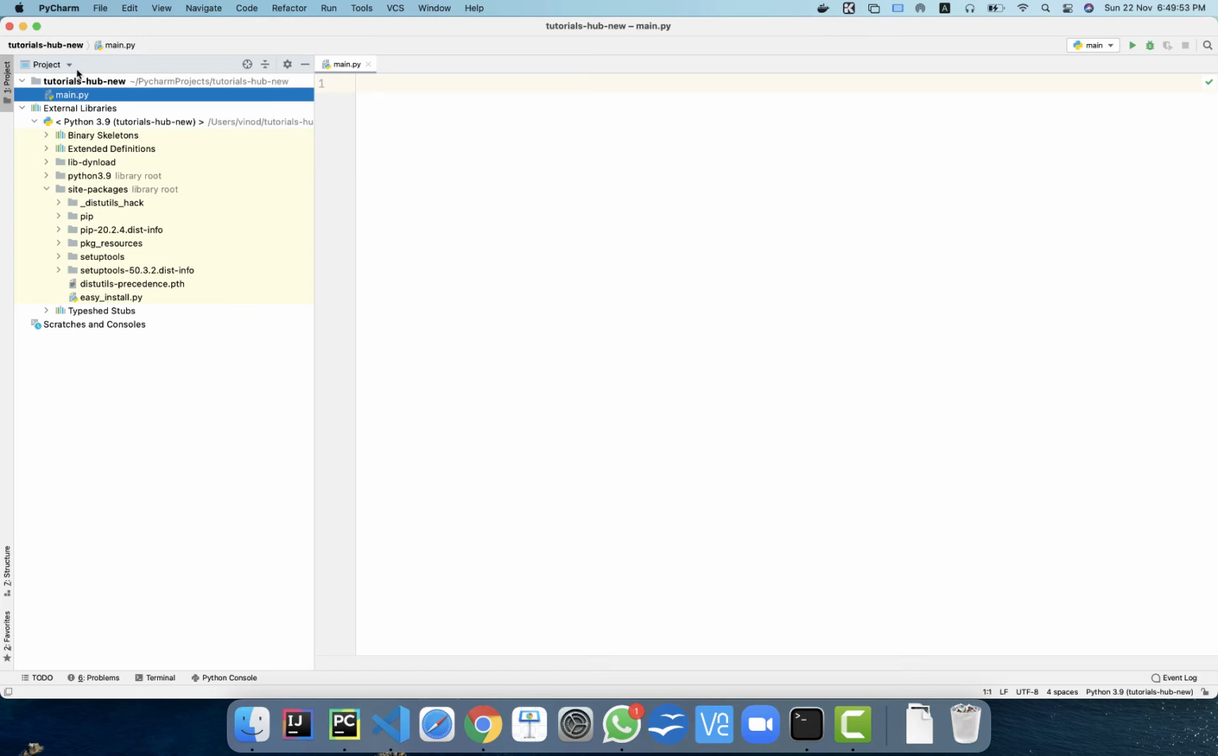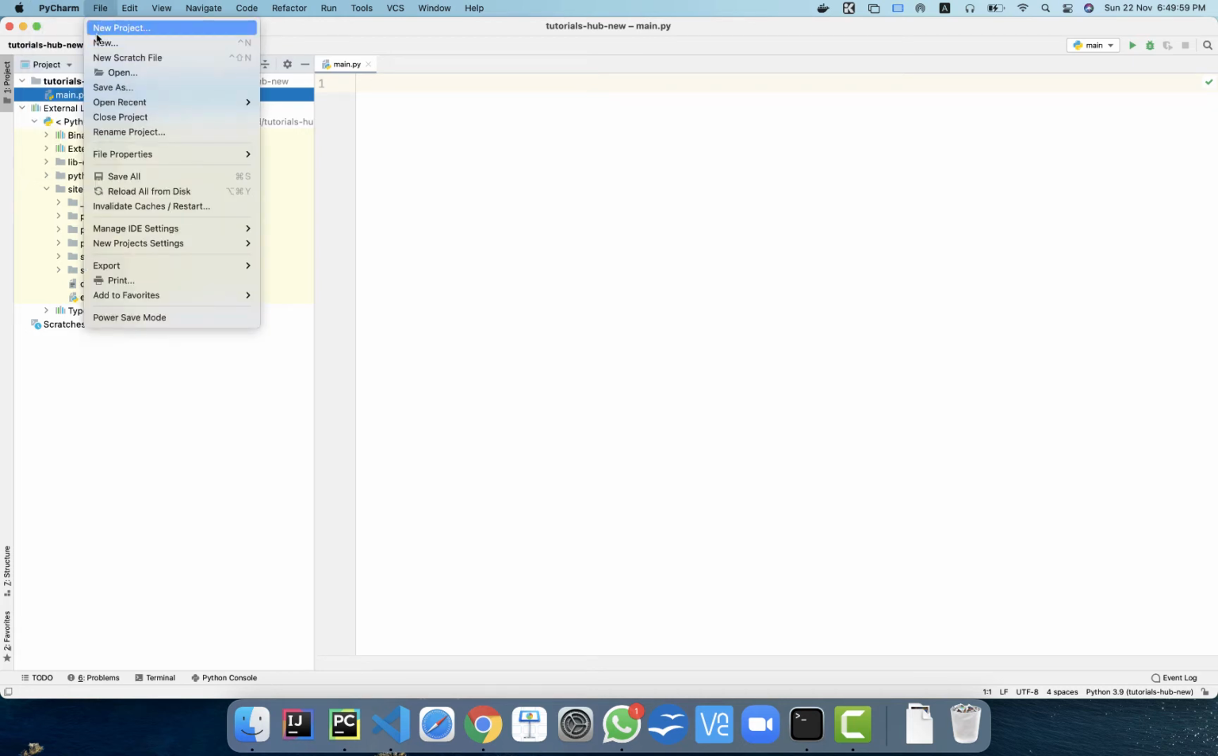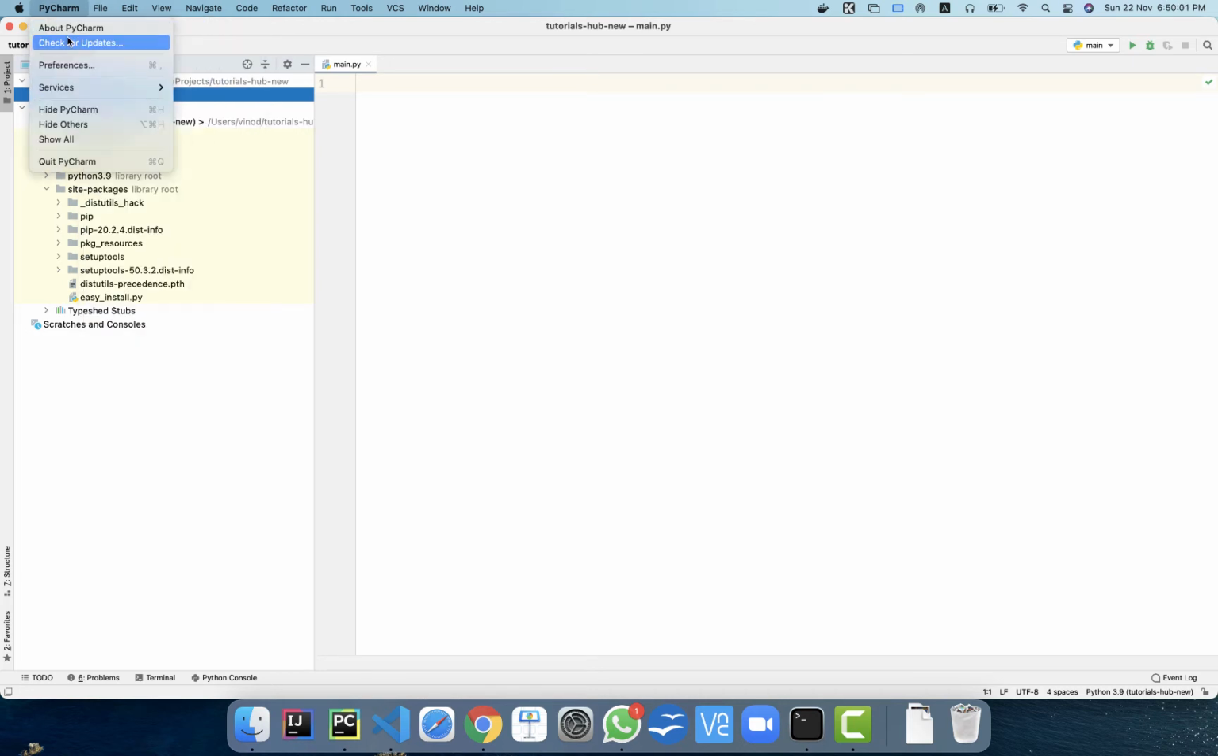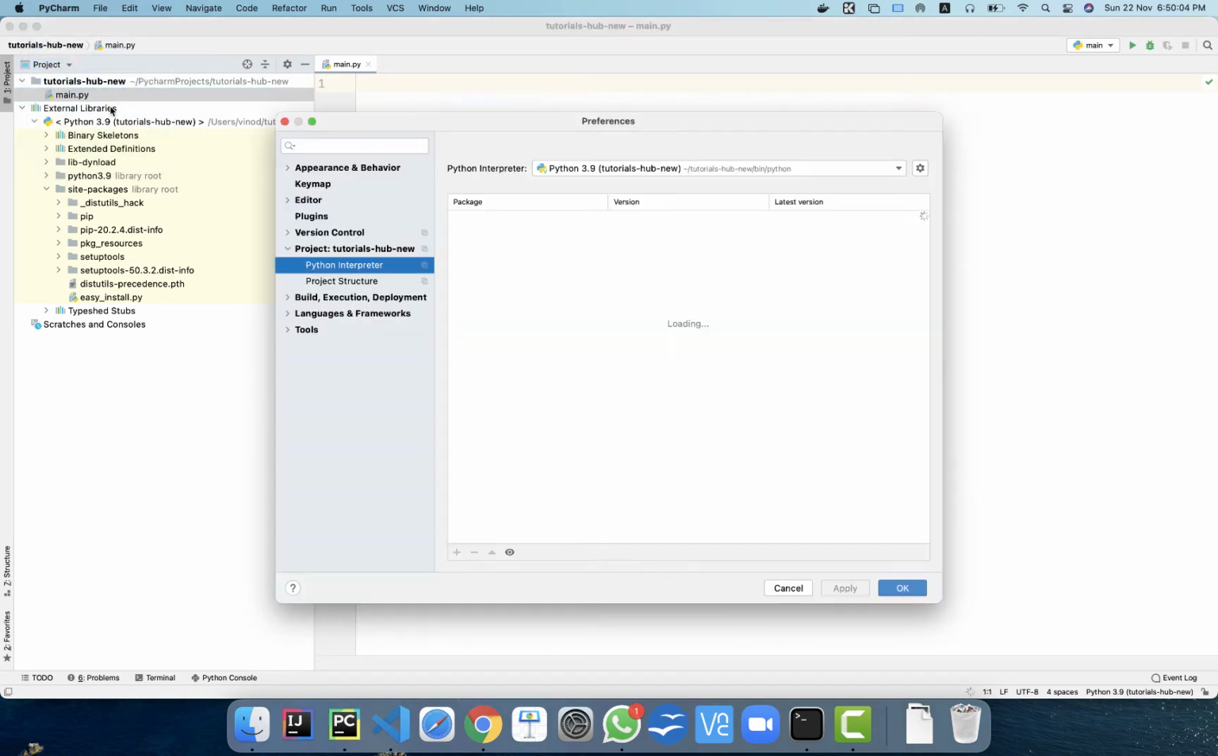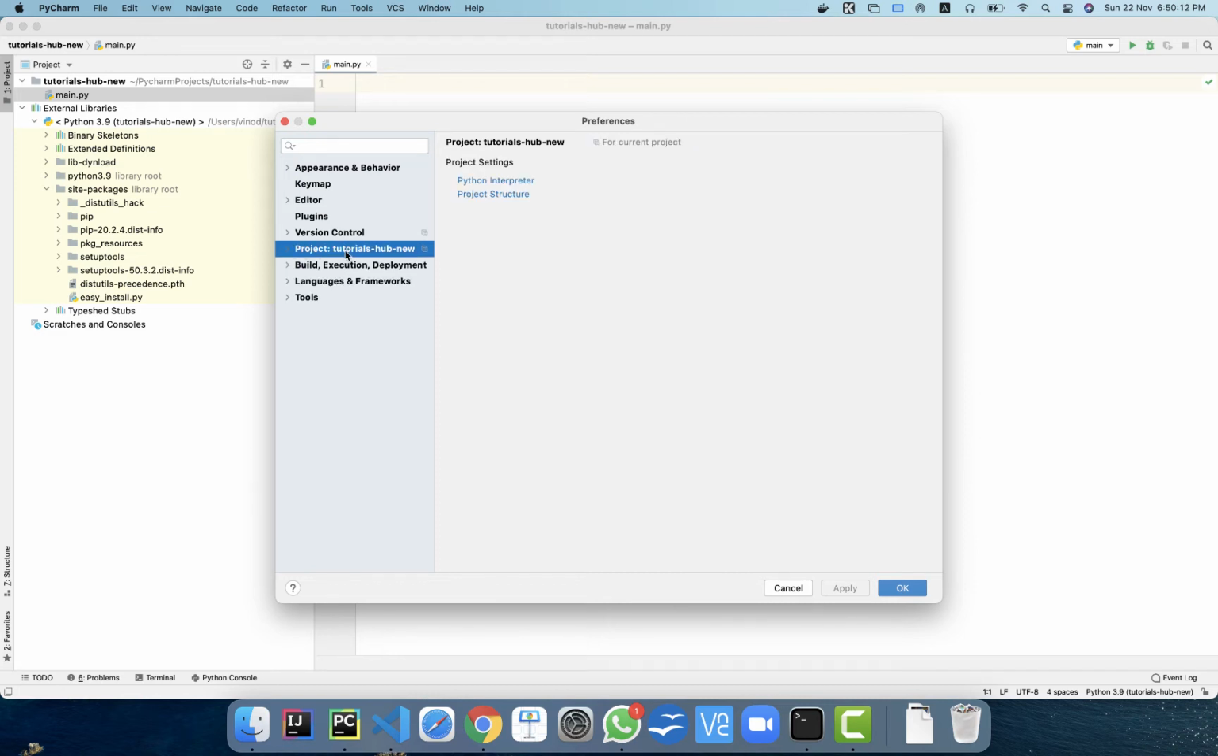To add Flask, you go to PyCharm and then Preferences. On Windows machines, it would be under File, I believe it's called Settings. So go to Preferences and you will see this dialog box. Under the current project here, you have Python interpreter. If you don't see it, or if you see something like this, you can either expand this or click on this file,